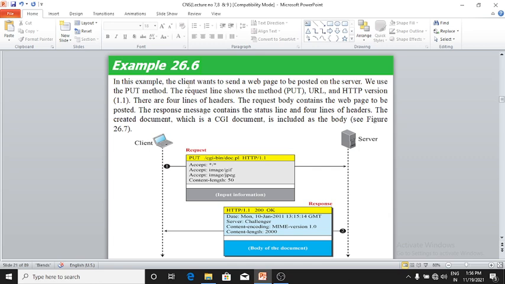See figure 26.7. See here, the PUT line is there, the path is there, right? Accept image forms, 2 forms are present, GIF and JPEG. Between client and server, PUT is there.